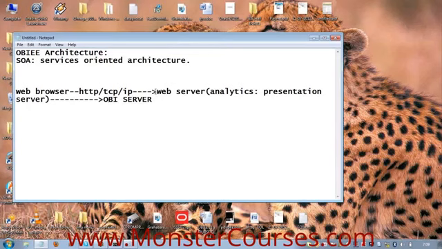So the web server communicates with the Oracle BI server using a default ODBC driver. What is that? Using a default ODBC driver. You know ODBC, Open Database Connectivity.